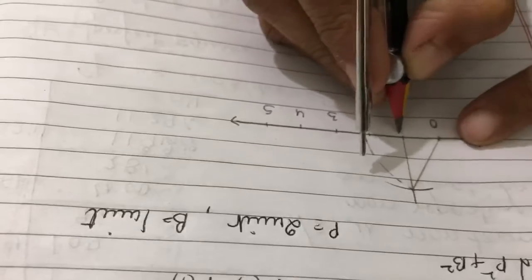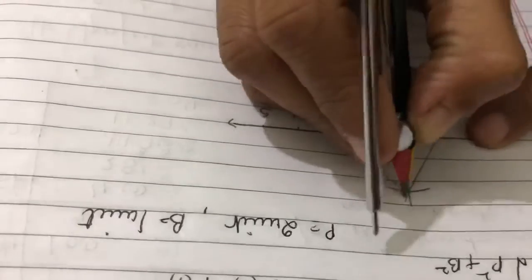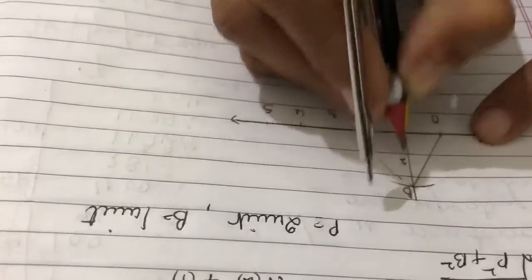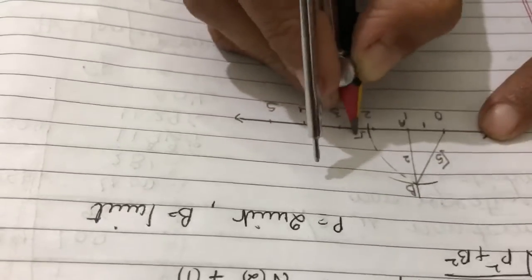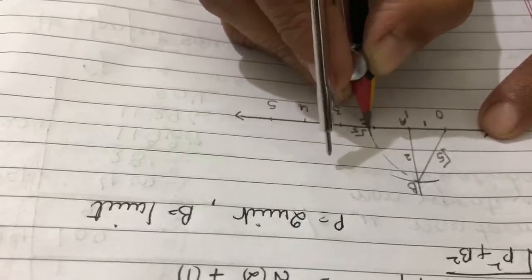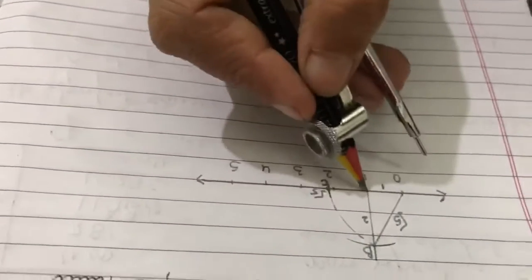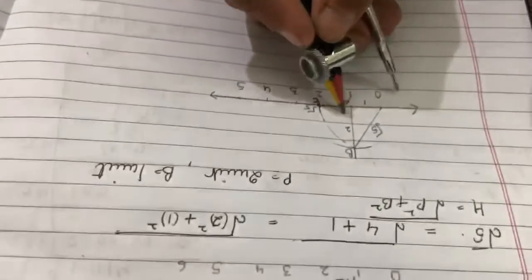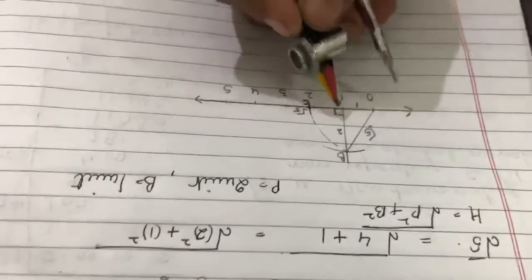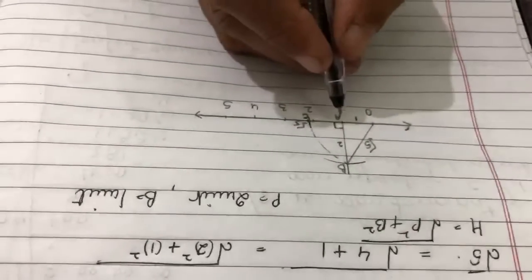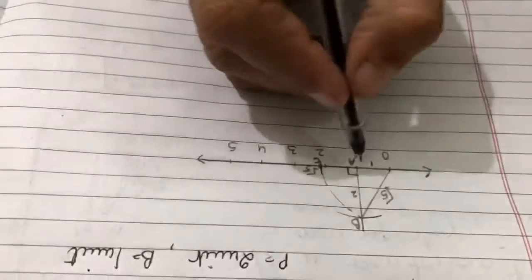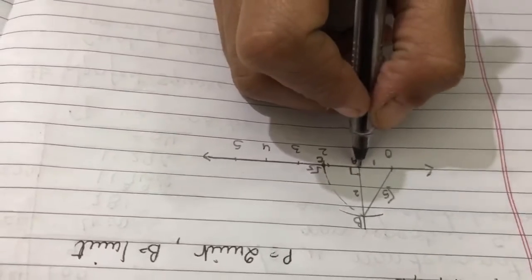From O, you measure this hypotenuse and then bring it to the number line. So this is 1 unit. This is 2 units and the value is √5 that you have got on the number line as point C. So students, you are going to draw an angle of 90 degrees over here, right? Don't do it like this only, just to make it more clear to you, so many arcs were drawn. That is why I have not drawn 90 degrees over here.